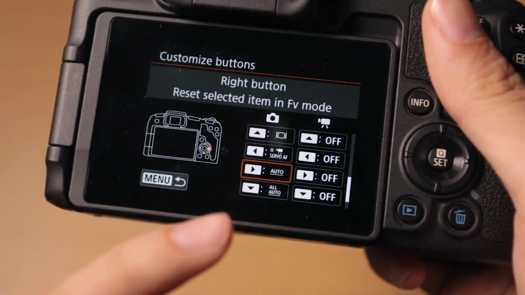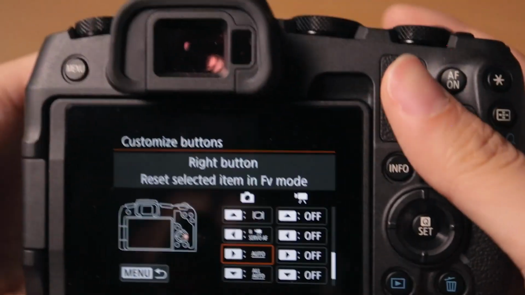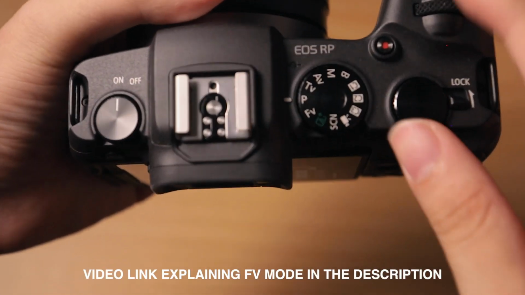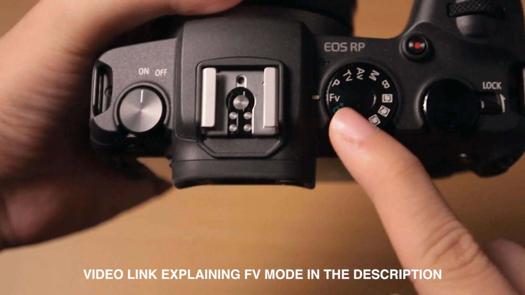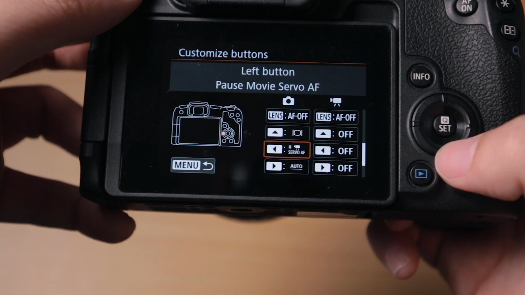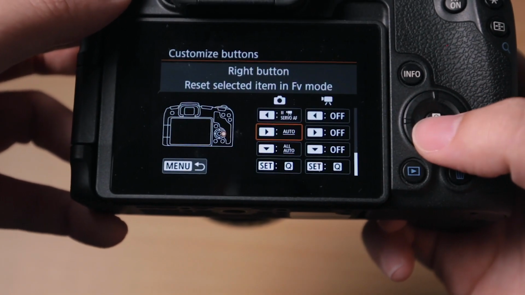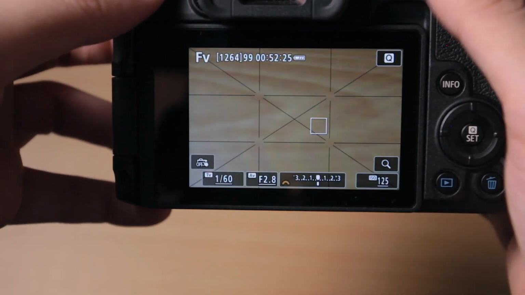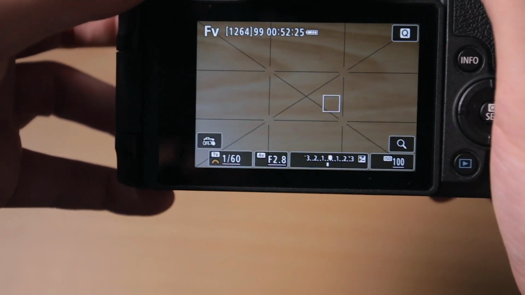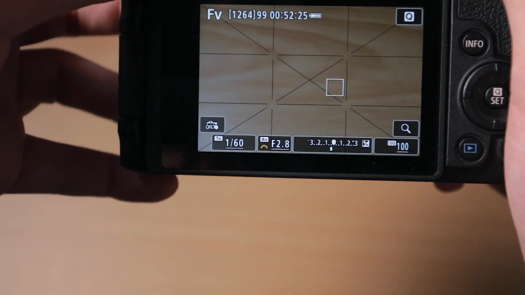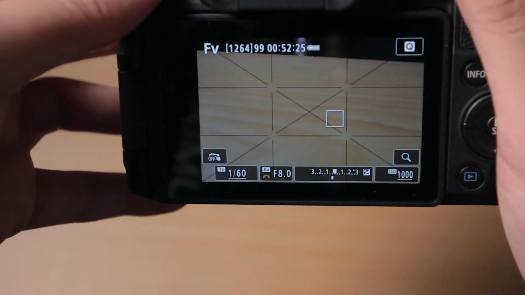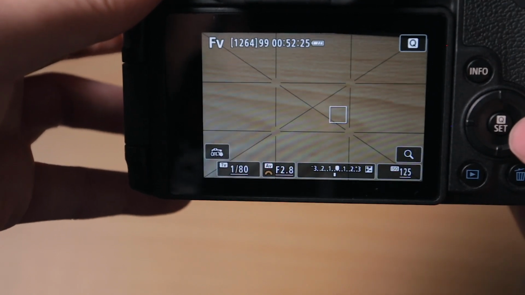This one is one of my favorites. One of the best functions in the new R cameras is what we call FV. I'll do a completely separate video about it, but FV stands for flexible priority. When I'm on FV and I'm shooting, everything's now on auto, but I want to change this. I want to quickly do an aperture change, and then once I'm done, I can quickly shoot that, and now it's back on